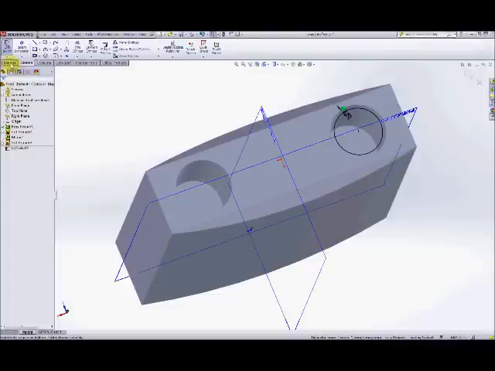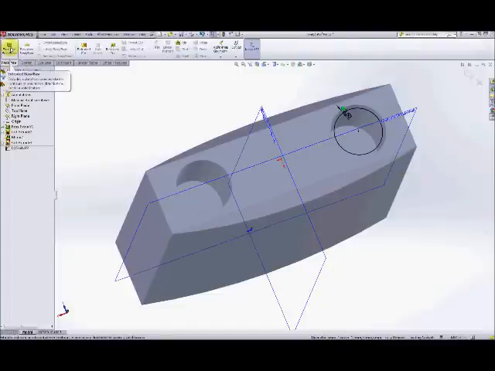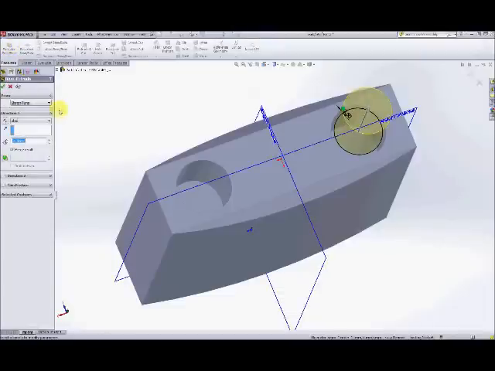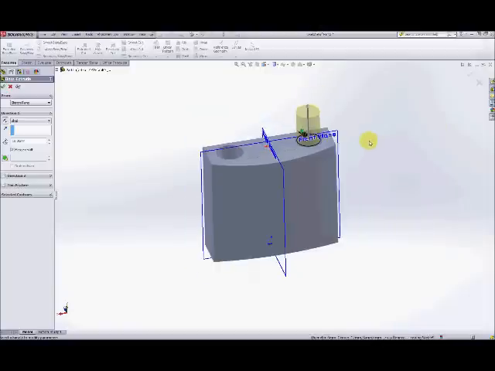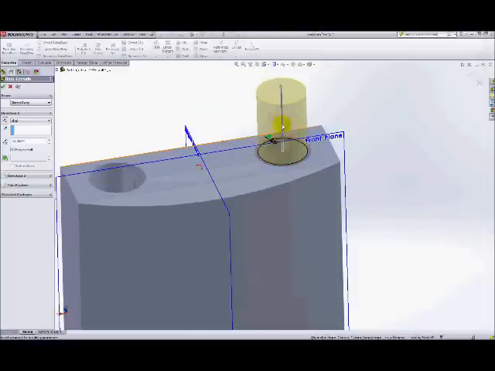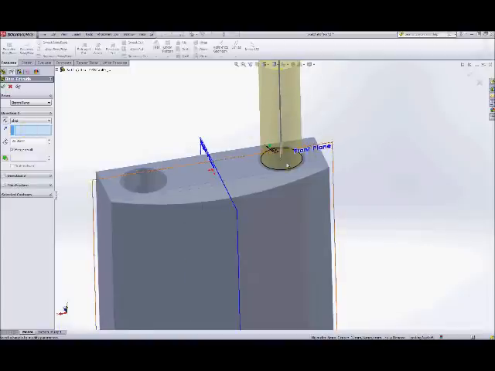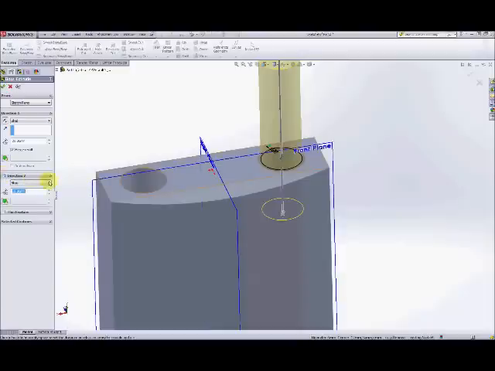Now with that sketch we're going to do an extrusion, so we'll go to the extruded boss base, and we want to extrude that in two directions. Firstly, we want to extrude it in an upward direction, which we're going to make 20 millimeters. Now at the moment that will just be sitting in space, not actually connected to the body. What we want to do is to extrude it in the other direction as well,